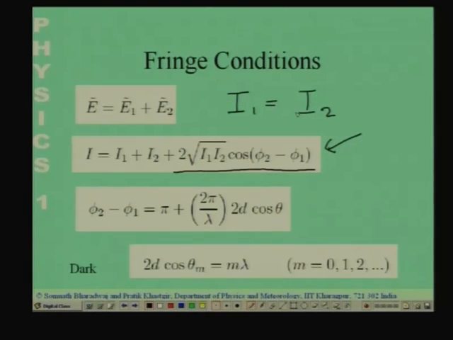So, we will assume that I1 is equal to I2 and write down the expression for the resultant intensity, incorporating the fact that the two waves are going to be partially coherent, not exactly coherent. So, let me write it down like this. I is equal to, since I1 and I2 are the same, a factor of 2I1, and I will have a factor of 2I1 from the other expression also, so I can take this common.